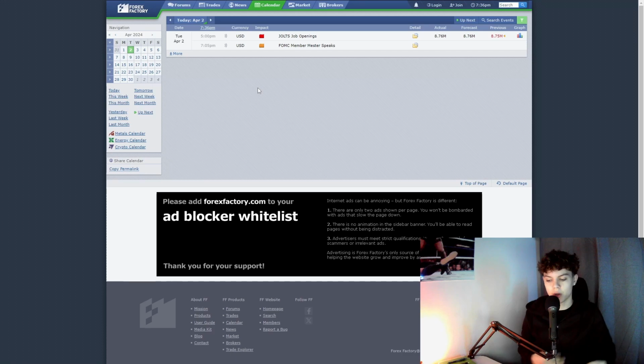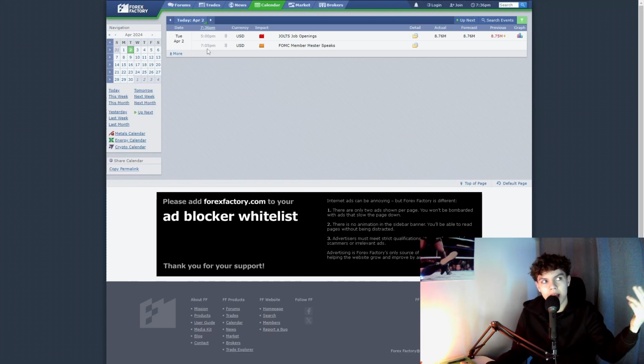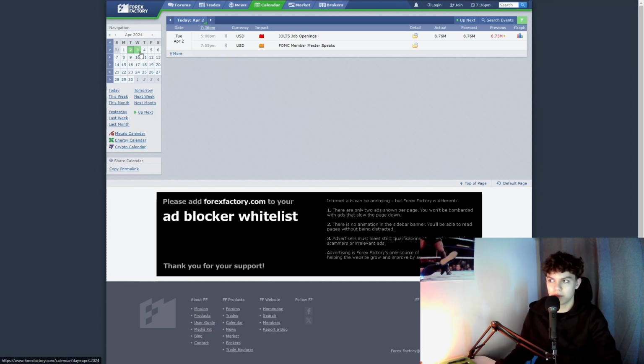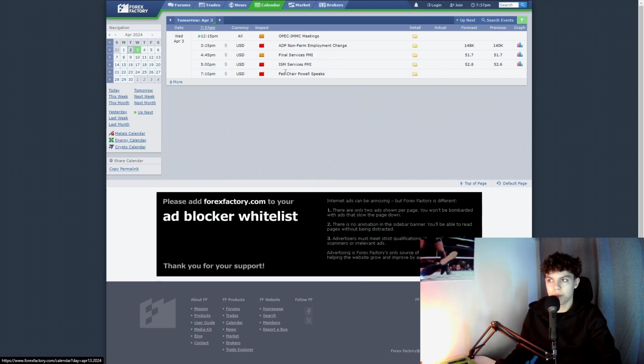It's really essential. You have to know about these news, because if you don't know when the news are gonna come, you're gonna be in a bad situation, okay? So for example, tomorrow, Wednesday the 3rd, we have a lot of news coming up. I'm not gonna personally trade tomorrow because Fed Chair Powell speaks, also a lot of news. So this is drastically gonna affect the markets.